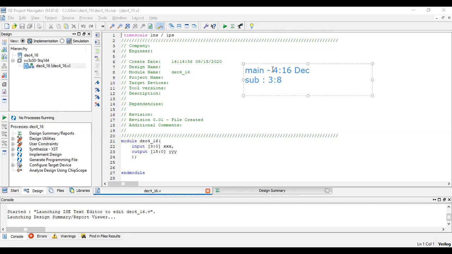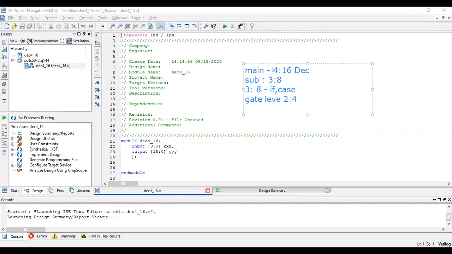Now again, how will you write 3:8? 3:8 program, you can either write it using gate level, you can write it using if statement, case statement, that is behavioral model, or you can write it using data flow, or you can write it using gate level using 2:4 decoder.